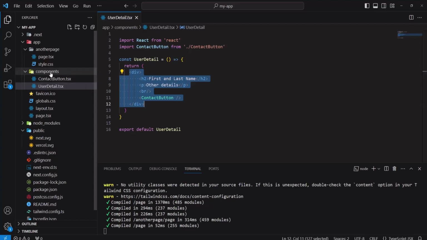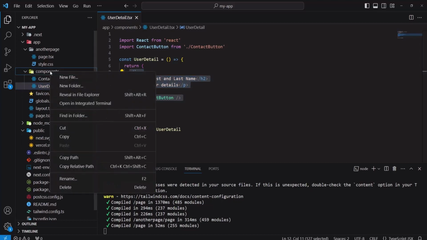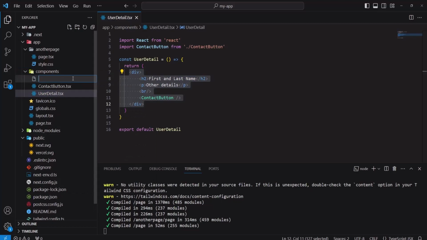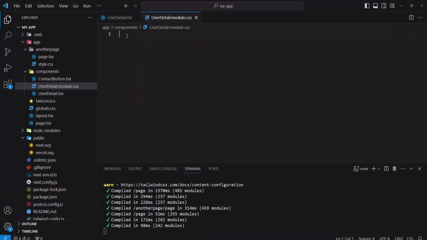So in this folder we'll create a file following the name of this component, like user detail .module.css. It has to end with module.css,